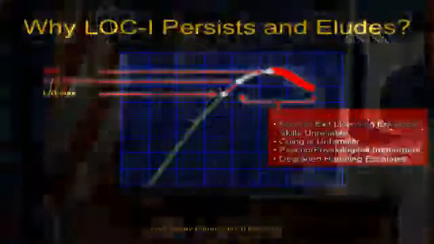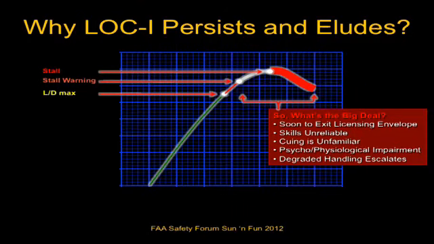The problem is that time and again, through real-life statistics, pilots don't stop there. Either they don't respond properly or they ignore the cueing because of all the other distractions going on when it occurs. The challenge now, of course, is when they exceed and go beyond critical angle of attack, the physics